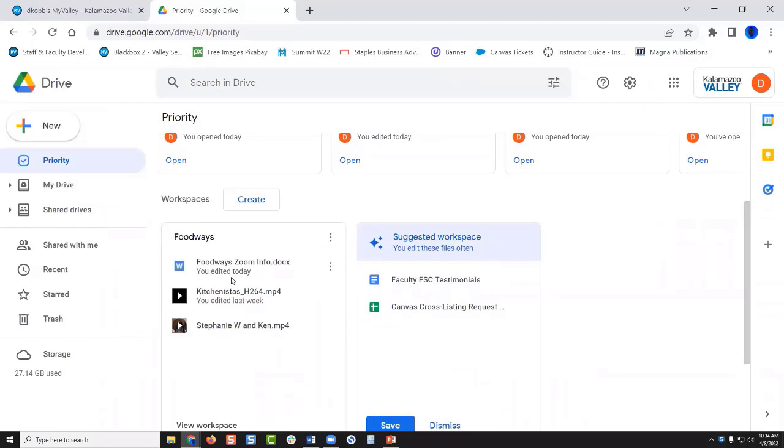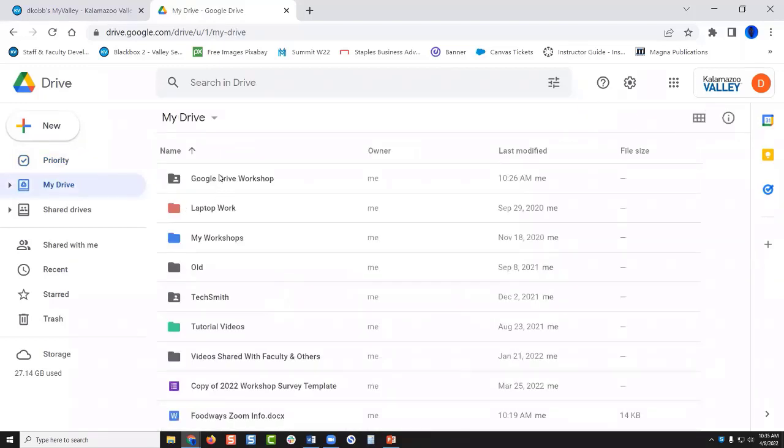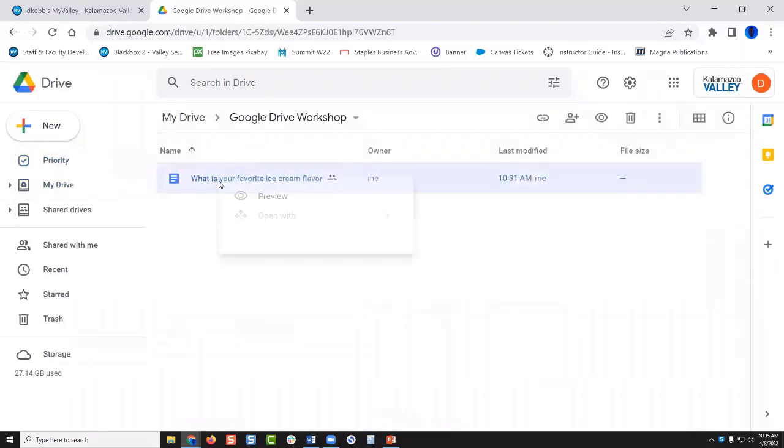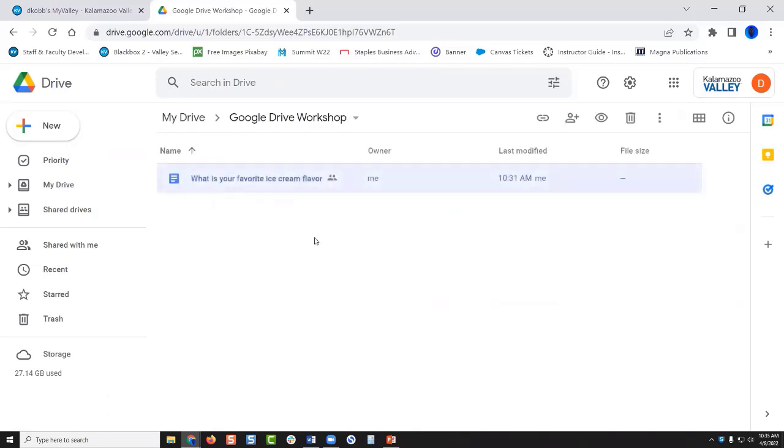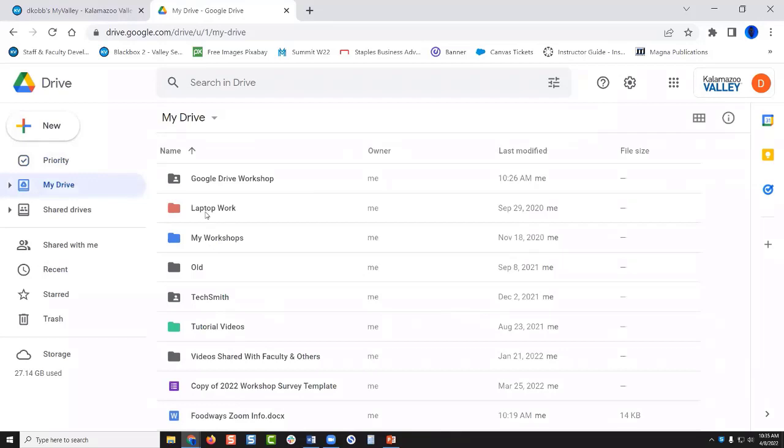It is not the end of the world if you don't use workspaces. You can do everything without it. You can complete everything that you want to and not ever use them. But it's just a way to work a little bit more efficiently. So just to know what that is. Let's go back to this page. Sometimes you're several folders deep and you need to know, well, that's a bad example. Let's find a good example.